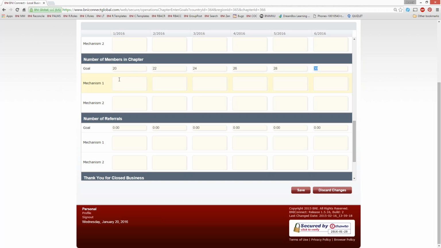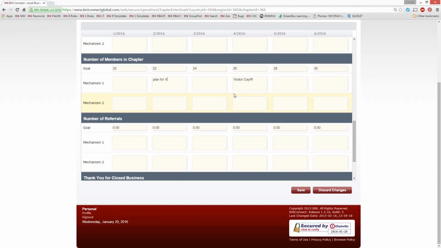What's a good way to increase the number of members? Well, let's have a visitors day. So what we're thinking now is, well, we need to schedule that out in advance. It can't just be showing up to a chapter meeting and saying, hey guys, we're going to have a visitors day next week. That is a surefire way to have your visitors day fail. You really need to plan those 45 to 60 days in advance. So we're going to have our visitors day in April, but we need to be planning that as early as next month.